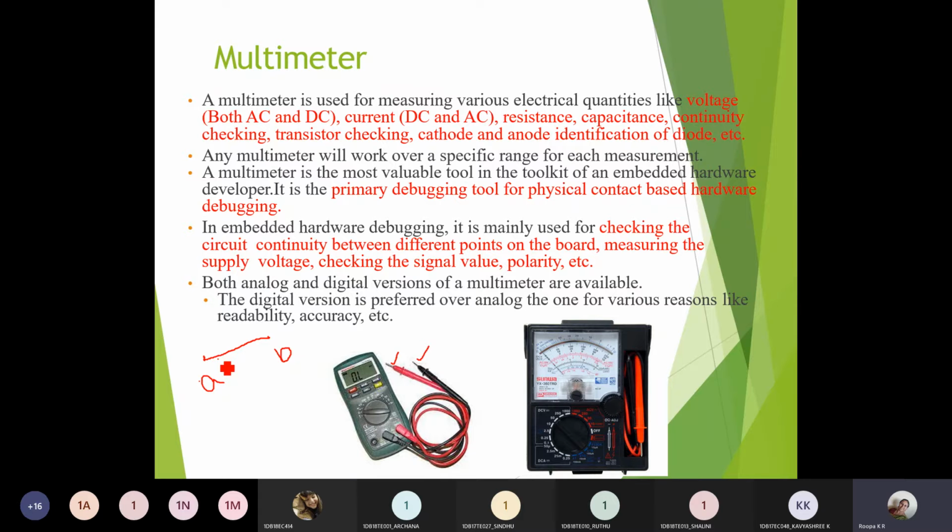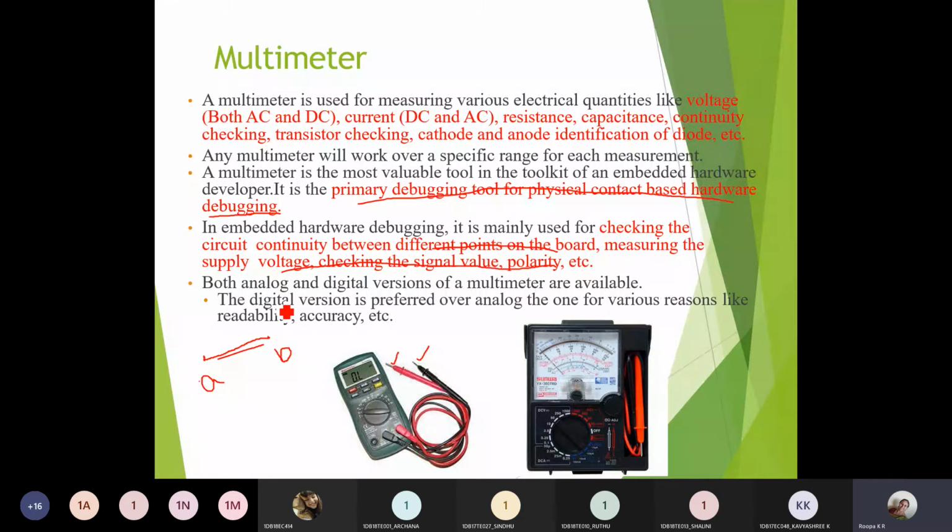If there is continuity, there will be a sound generated by the multimeter. So it can also be used as a primary debugging tool for checking the physical contacts between the different hardware components. Next, for checking the continuity at different points and for measuring the voltage, signal value, polarity, all those things.